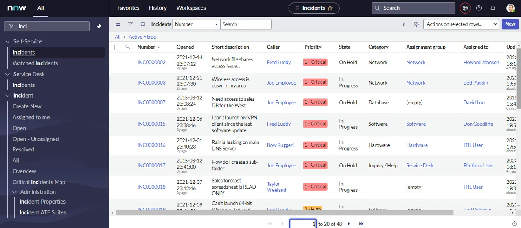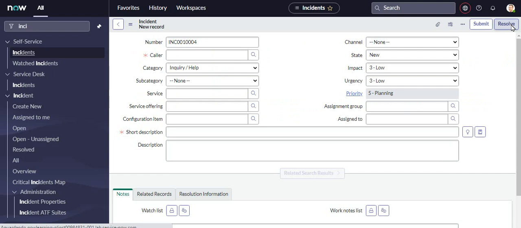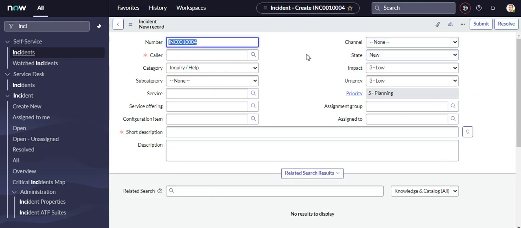Okay, the first step is we need to click on the new button to create a new incident. So let's see what's going to happen after you click on the new button. I just click it. Let's wait for a few seconds. It moves to another screen and you can see some fields were filled out automatically, like number, and we have some default values here, right? Probably it's going to change